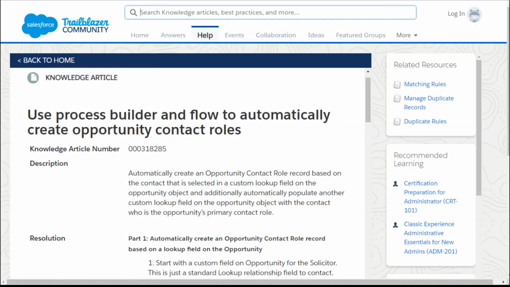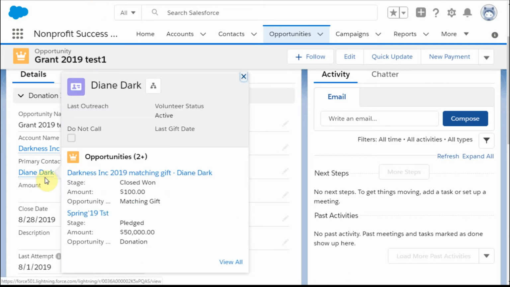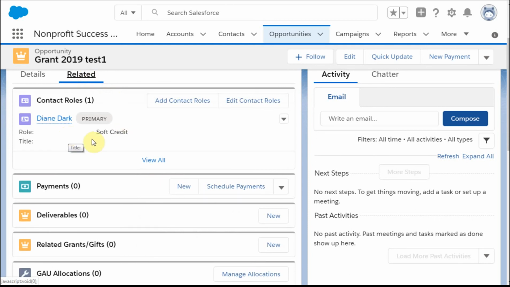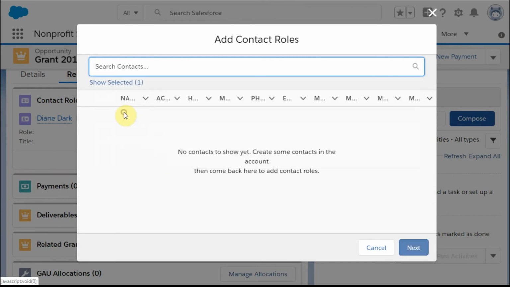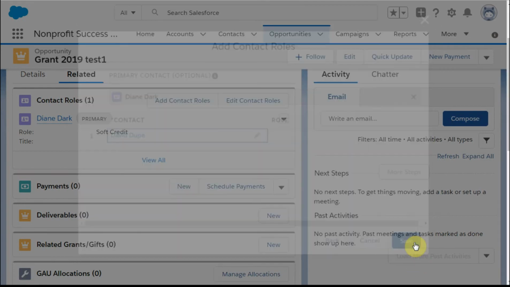The other thing I would look at is that Judy Sohn wrote a great article on how to create the process builder and flows to automatically connect contact roles, because what happens today is if I've got Diane Dark here and I look at her roles and add a new role, David Dupe, and save that,